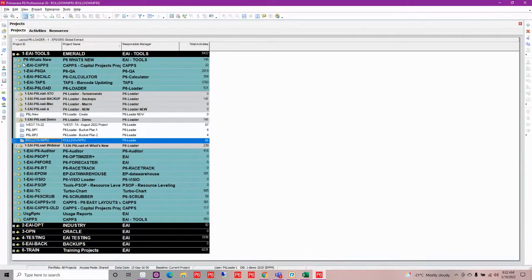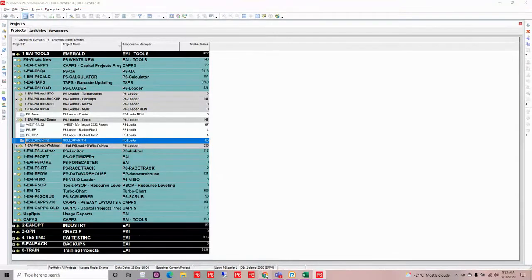And so I'm going to pull out this structure as well as the responsible managers, of course, the OBS, and I'm going to clean it up a bit. And then I'm going to load it into my brand new database so that I am set and ready to go with those structures. Now, the first thing I would do